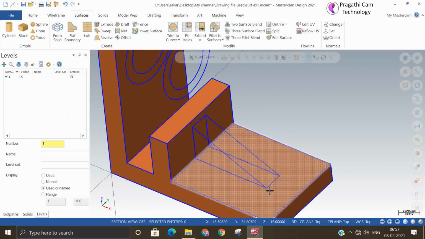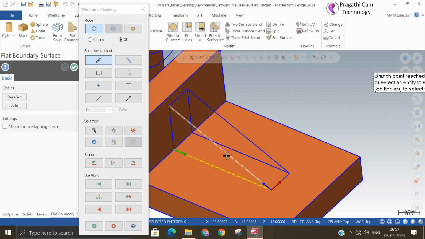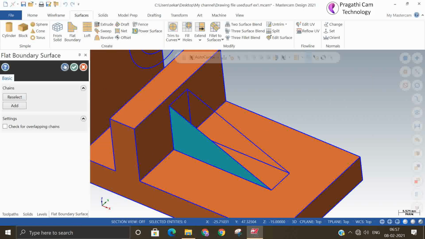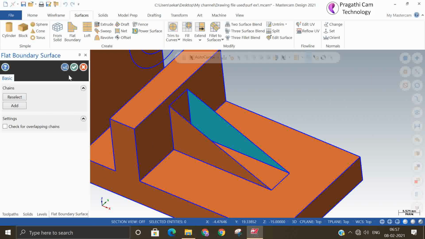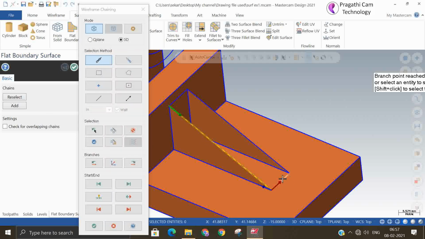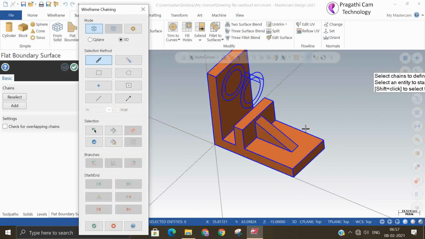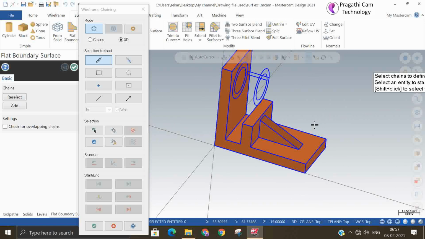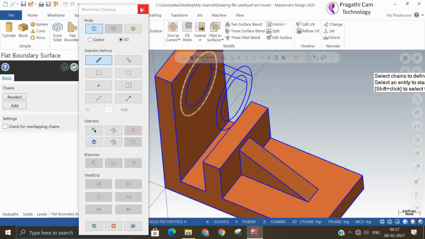If you want to do the cylinder, you need another command. So we'll add this web now. This cylinder cannot be done by the flat boundary, but the face of the cylinder you can make. These two annular rings.